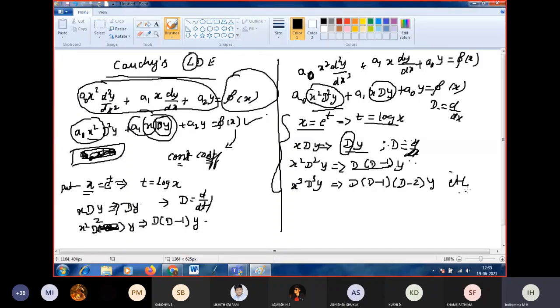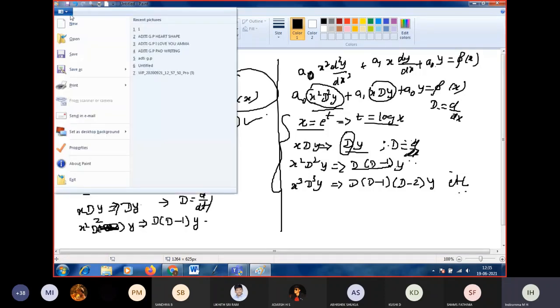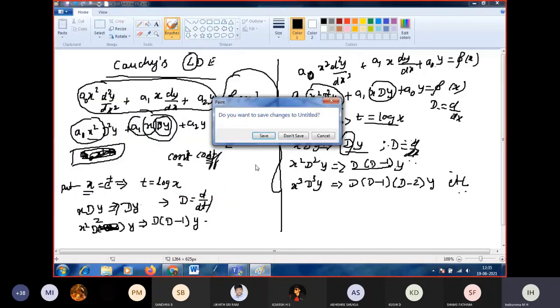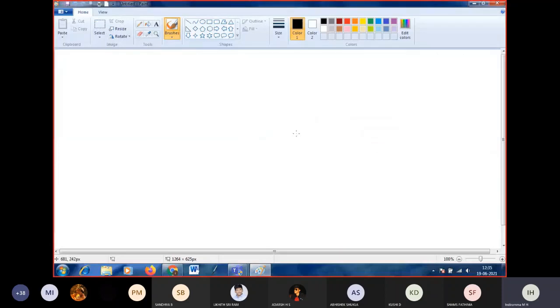It will continue. Then you substitute these values in the above equation and simplify, and you will get what we already discussed, that is type 1, type 2, or type 3. Either one form you will get. While solving the problems, you will get clarity on this. I will take one problem and explain each and everything, what I gave as the introduction now, for Cauchy's linear differential equation.